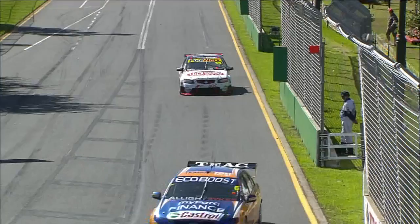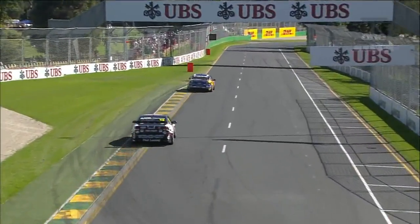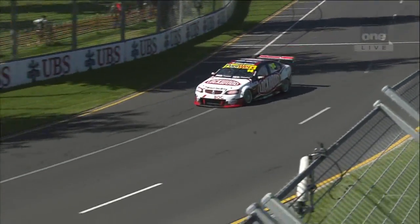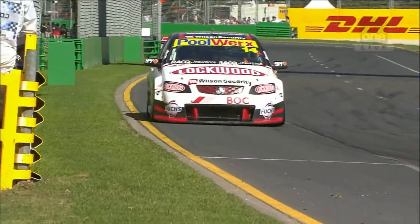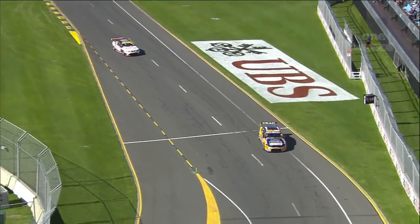So if we look at the drivers who have made a pit stop, Mark Winterbottom leads the way, with Garth Tander, Shane Van Gisbergen, who was the fastest car on the racetrack, just in behind. Then Lee Holdsworth and Todd Kelly, with Lowndes and Courtney just in behind. But this is the leader on the racetrack, Will Davison. This man is about to pit, Fabian Coulthard, the young Kiwi who's had a very challenging...